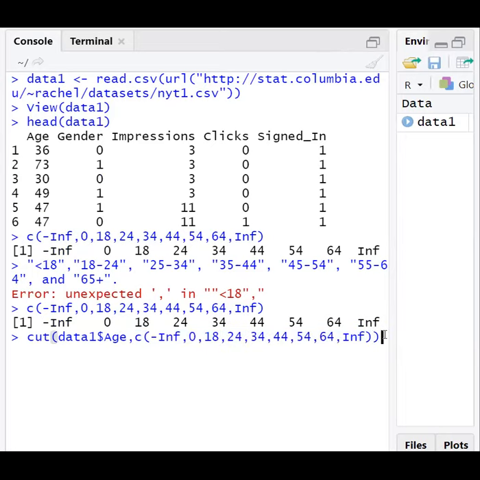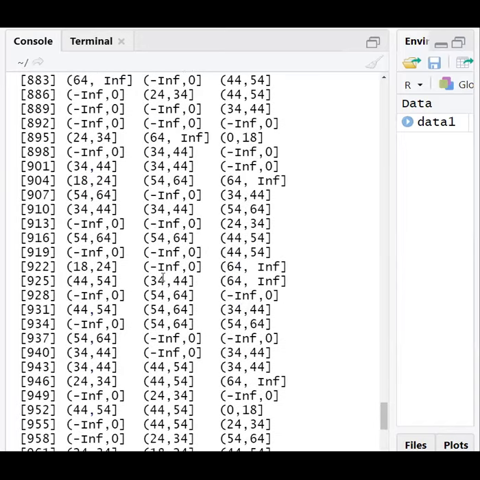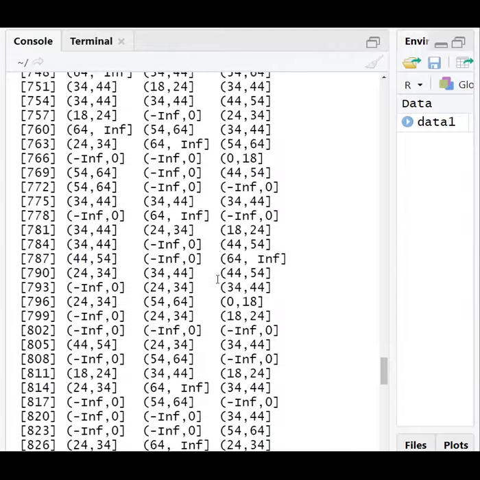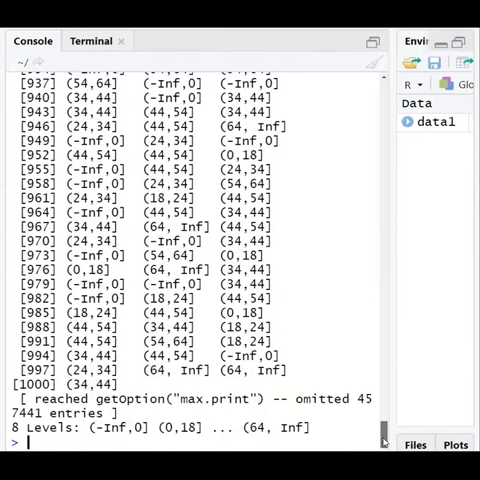Now when we press enter, see what happens. Multiple rows are omitted. Since we have 4 lakh something rows, only 1000 are displayed over here.